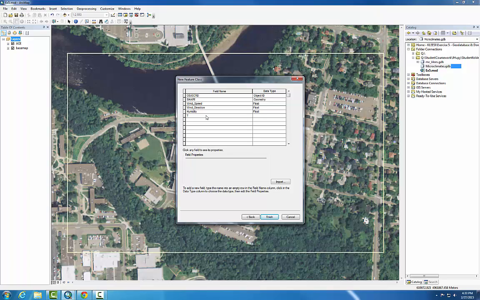So first, temperature at the surface, and then temperature at 2 meters above the ground, same domain, and then dew point with the same domain, wind chill,